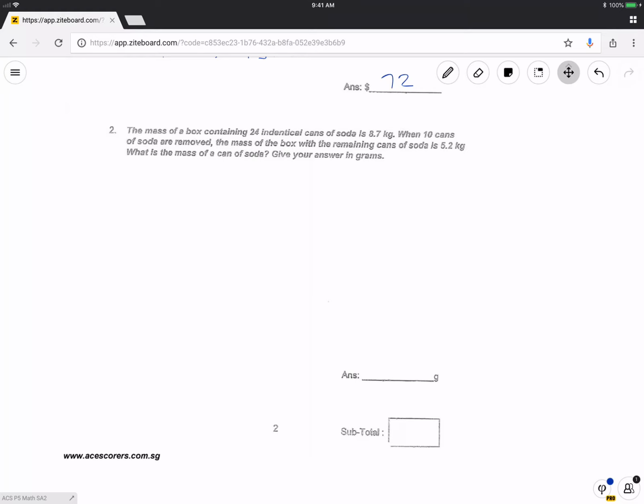So the mass of a box containing 24 identical cans of soda is 8.7 kilograms. When 10 cans are removed, the mass is 5.2 kilograms. So step 1, I will take 8.7, take away 5.2. It's 3.5 kilograms. Now what is this 3.5 kilograms? This 3.5 kilograms is the mass of 14 cans